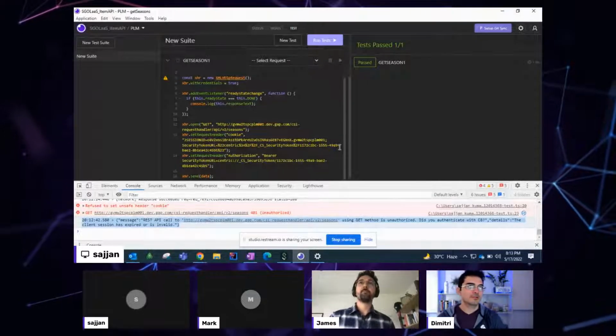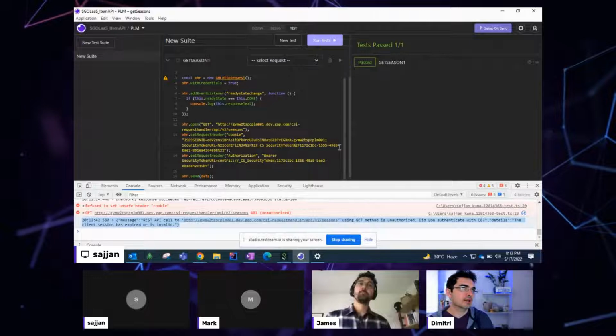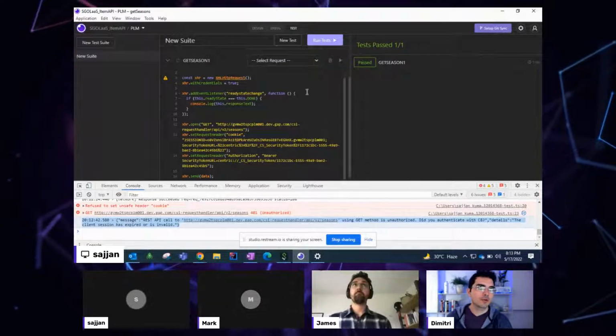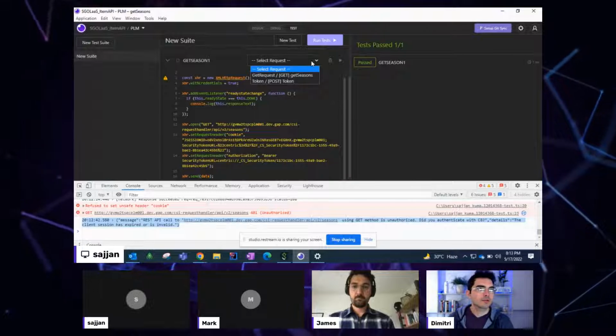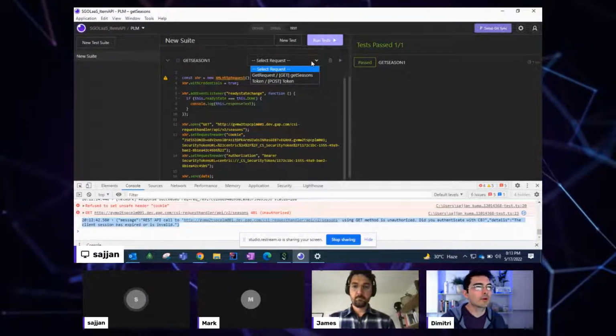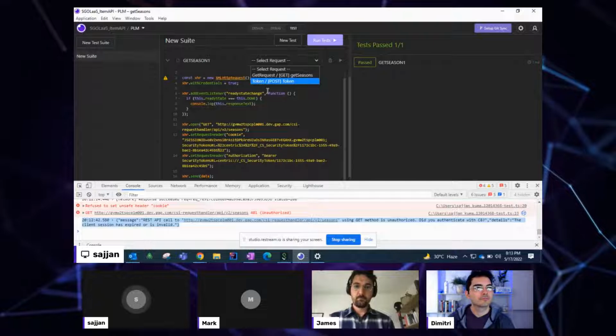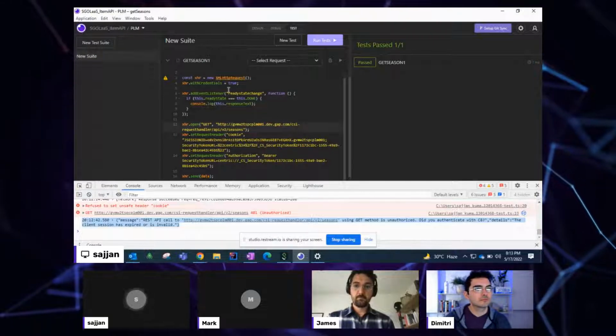I have a few questions. Why wouldn't you just select the request that you want, instead of generating a code snippet? Yeah, exactly, the one above. Yes. So, see, in my project,